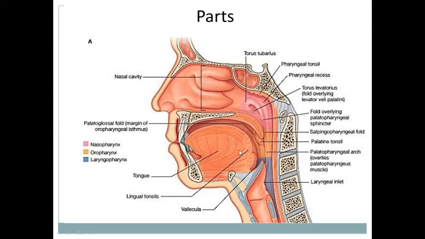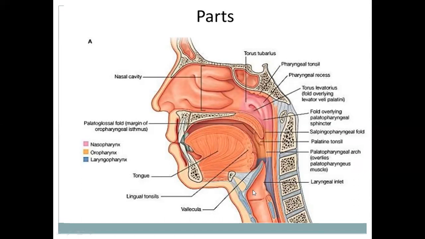This is the tongue, the root of the tongue. It shows the lingual tonsils over the root of the tongue, and these are the palatoglossal folds, which form the oropharyngeal isthmus, and these are the palatopharyngeal folds. The palatopharyngeus muscle is covered by the palatopharyngeal fold, and these are the palatoglossal folds. In between the two folds, palatoglossal and palatopharyngeal, we have the palatine tonsils, and we have the lingual tonsils in the